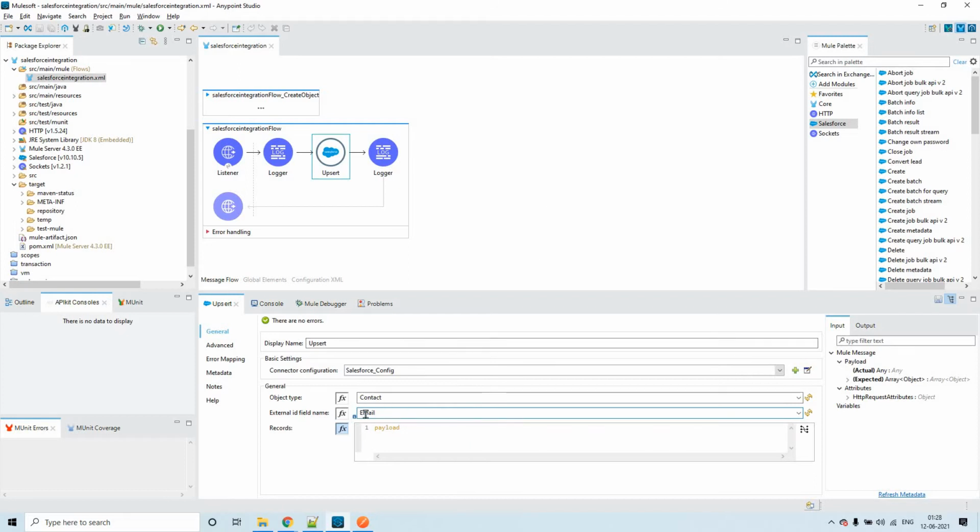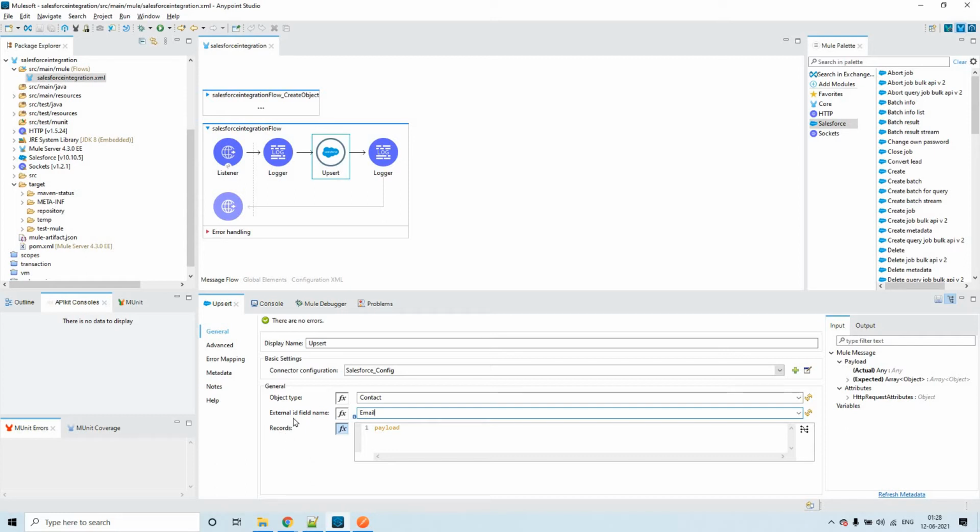Whatever we send as email in the input payload, this operation will check whether any record is present in the contact object with the same email ID. If it is there, it will update the same record. If not, it will create a new record. That is how upsert works.